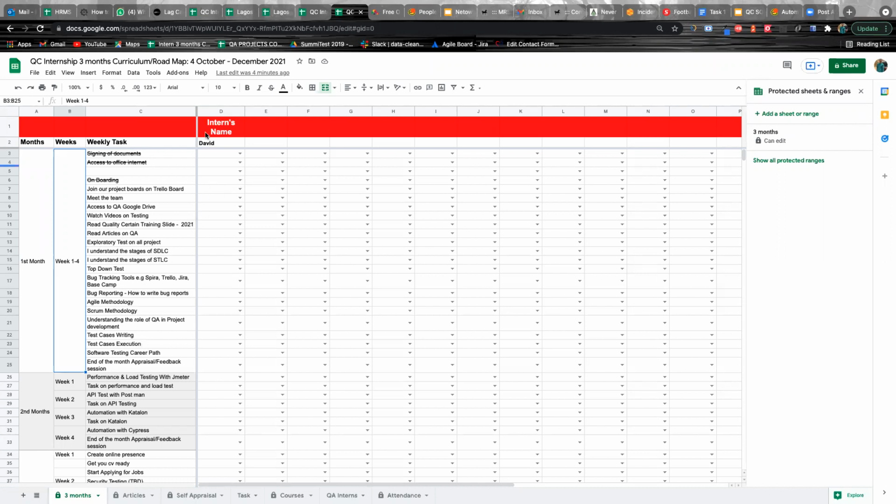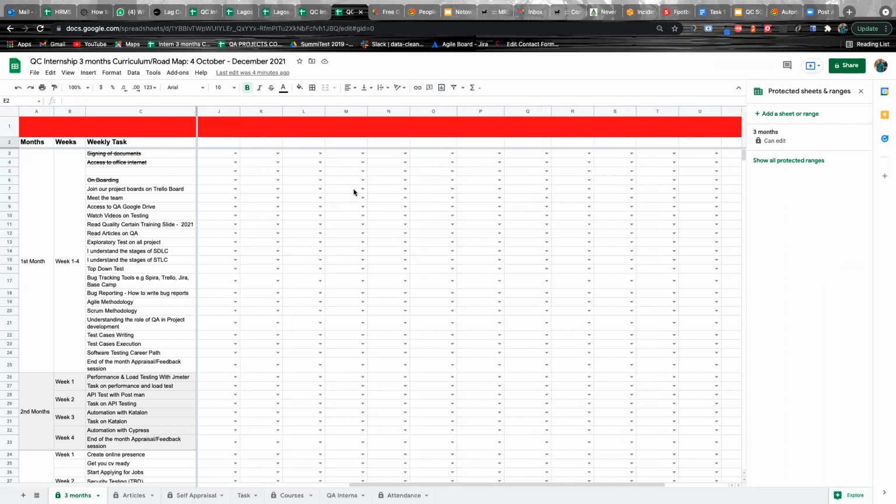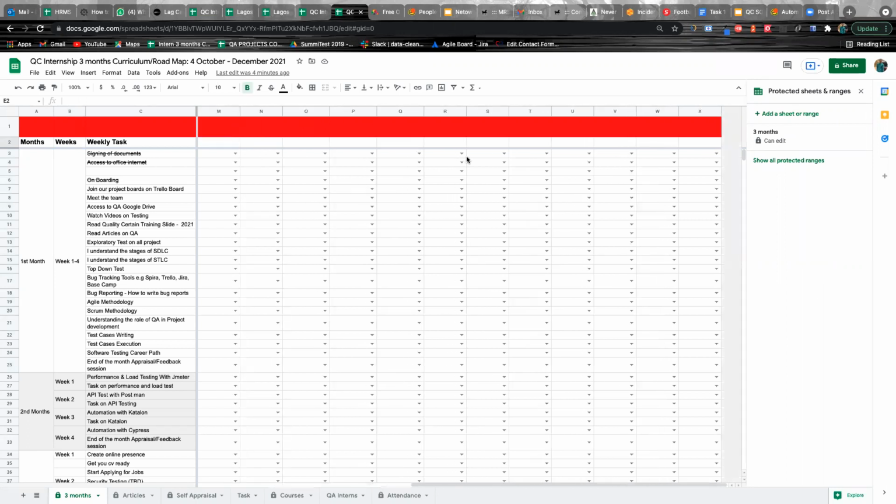So what I want us to do on this sheet, we'll all have to come on this sheet as soon as I share the link. On the upper part of the sheet, we have intern's name. So you have to come here, each and every one of us. All you need to do is pick a space on the sheet.